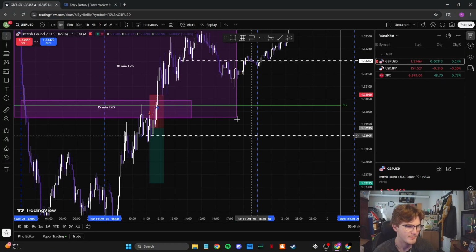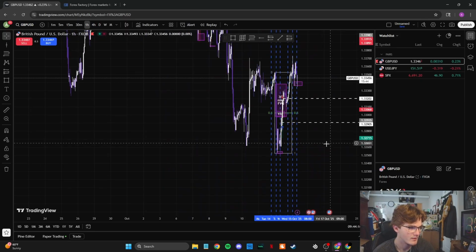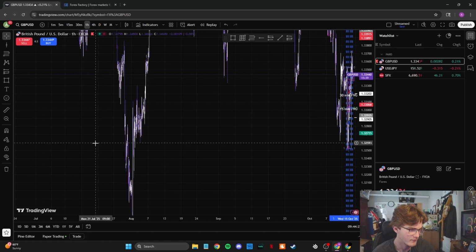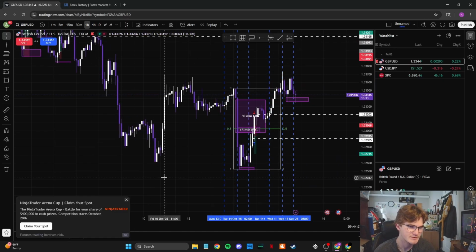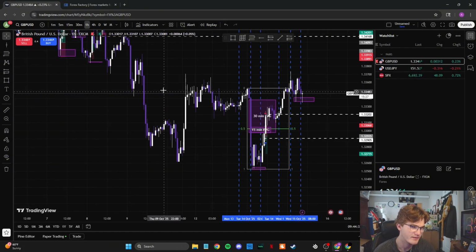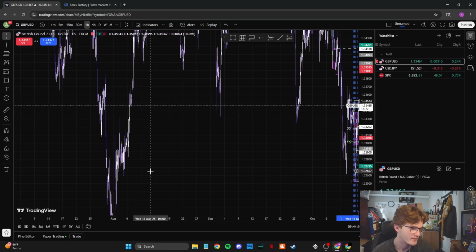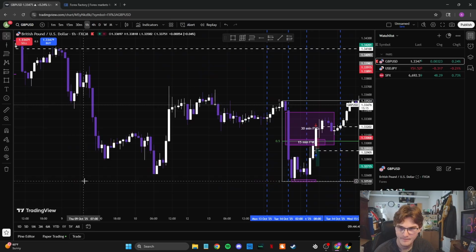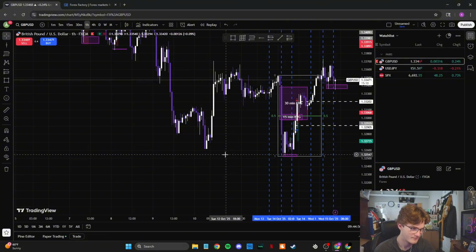Now, what do I mean by that? This, which I should have seen on the higher time frame, was just a liquidity sweep for here and for way over here on these old ones. So it turned out just to be a liquidity sweep, just like this move, which after seeing this, I should have been able to kind of guess. At least I should have been like, oh, after a liquidity sweep of this one, this liquidity, and nearly that liquidity again from old time frames, this was going to happen again. So I didn't even realize that this was a liquidity sweep, first of all.